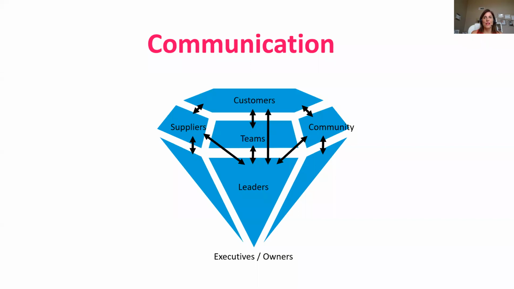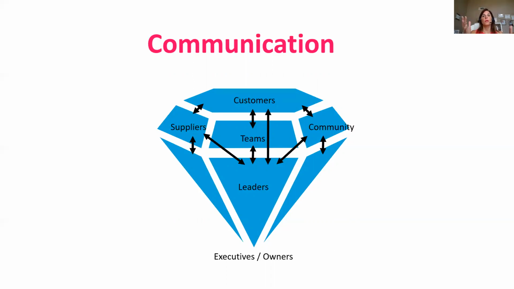So there are three things that we have been working on already through the other modules. We have been working on defining the goals, the purpose of the company, and improving communication, making sure that it goes both ways, not only bottom up or top down, because the owners or the executives are not the only ones who know better about the company, but we also have leaders, we have teams, and we have the customers who know better.